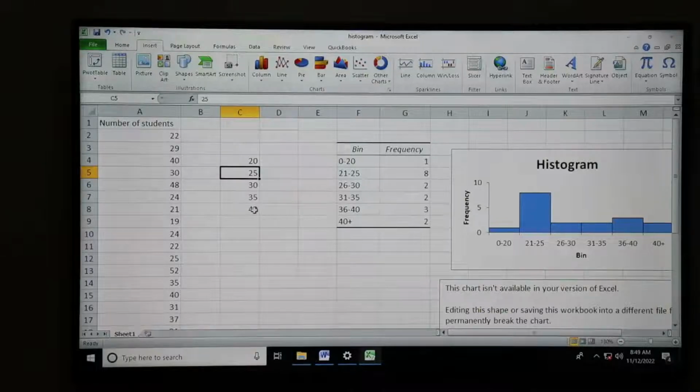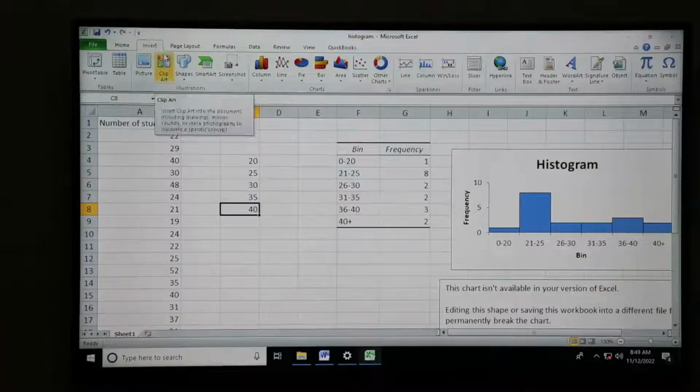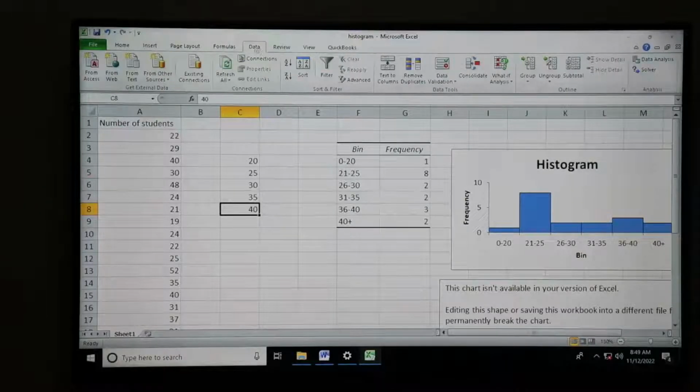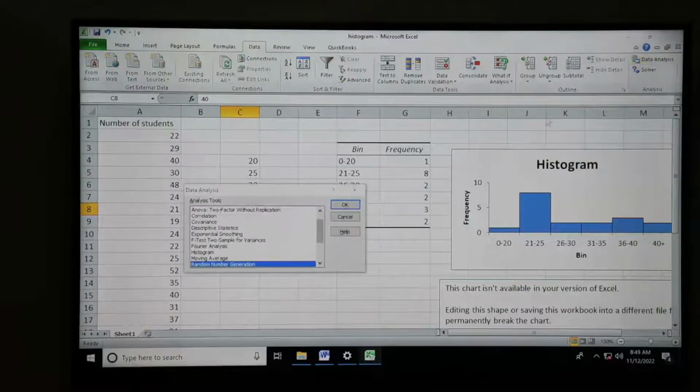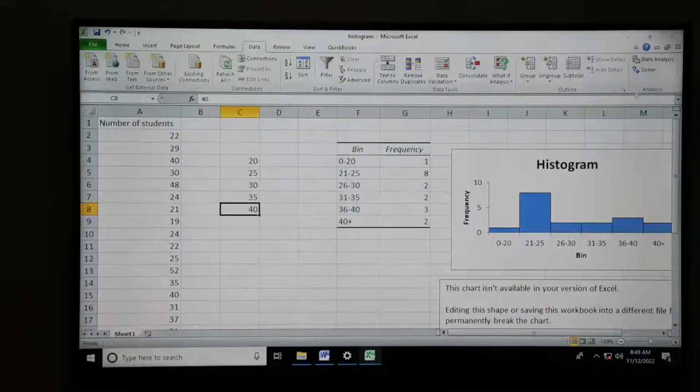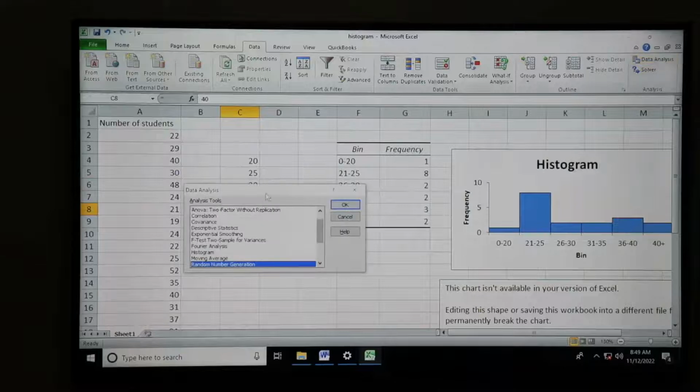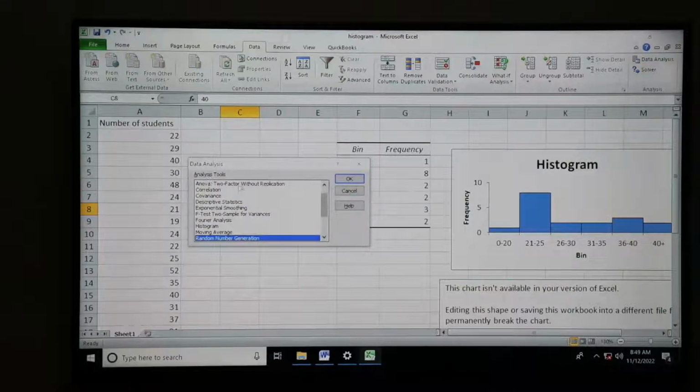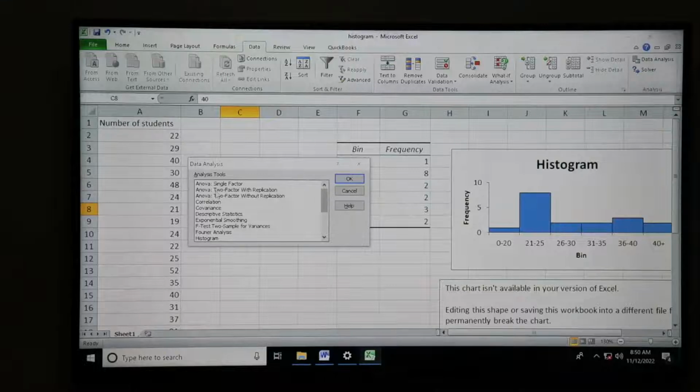So where do you access them after activating these tools? To access these tools, you have to click on Data. Then from the Data menu above, you access Data Analysis at the end. That is the last item there. We have Data Analysis, and you get the Analysis Toolpack here, a number of them, starting from the ANOVA,